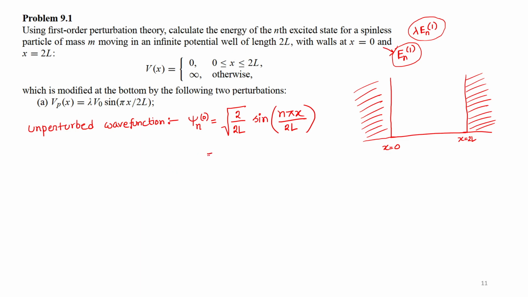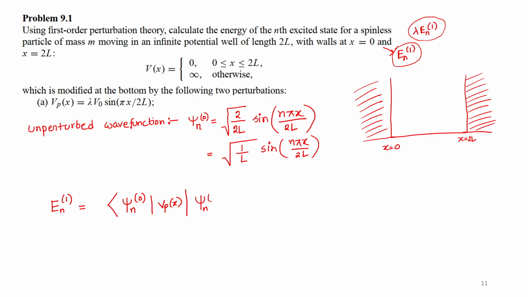So I can modify a little bit, that is 1 by L sine n pi x by 2L. So this is your psi 0th. Now first order correction, not the first order correction, but this part E_n^1, right? So that is, we already know the expression, right? That is your psi with 0th. Then your perturbation, here perturbation is given by V(x), and then your psi n 0, which is